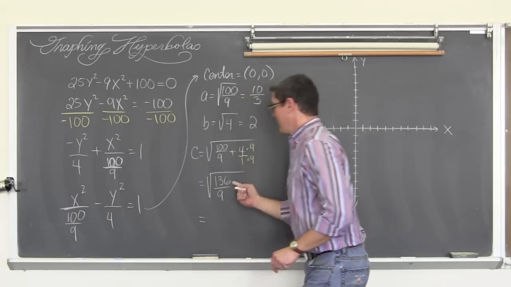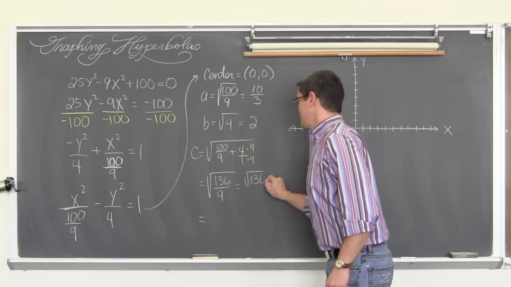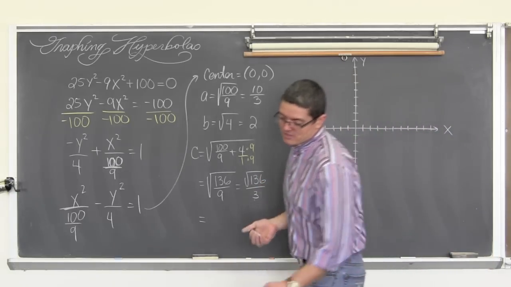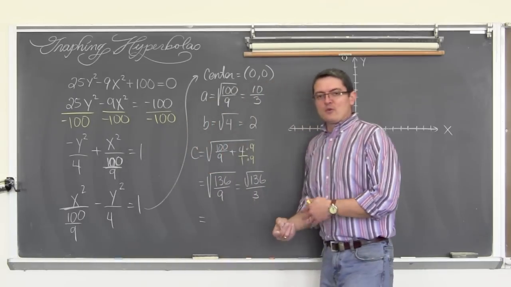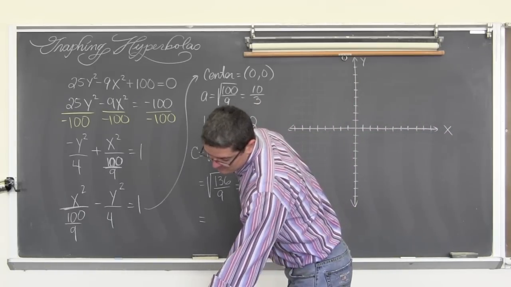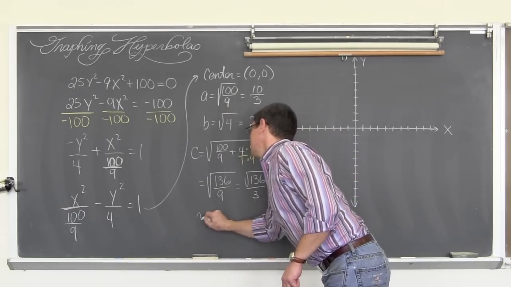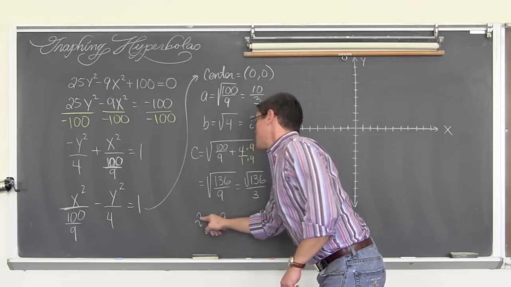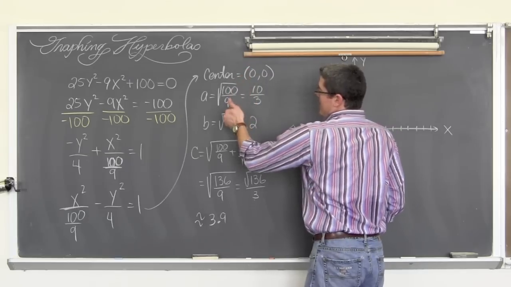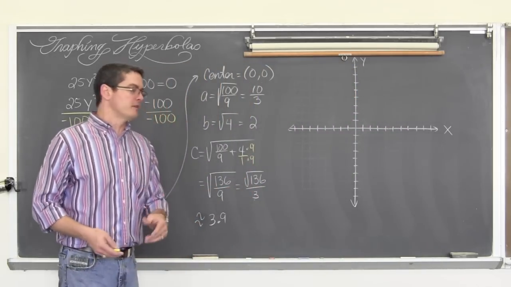So my c value, that's all fine and dandy, and we can say this is equal to the square root of 136 over 3. I'm not really sure if there's a perfect square in that or not. I guess I could have done that in my scratch work. But for the graphing purposes, we really need the decimal. So c is going to be approximately 3.9. Little squiggly line for approximate because we rounded off. Okay, so if I have the center, a, b, and c, we can draw the hyperbola, and then we'll come up with all the important information.